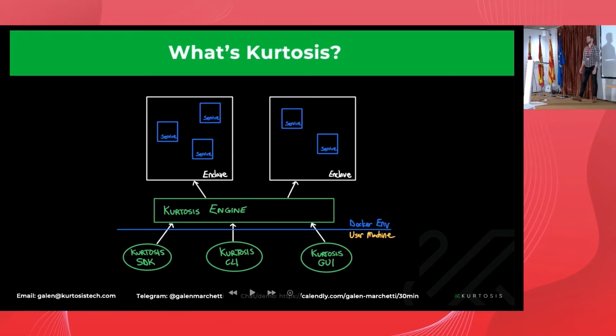But also some more complex features that you're only able to do when you have this notion of an enclave, such as simulate network repartitioning between these services inside of an enclave, which we've seen in the Ethereum use case, where they wanted to be able to simulate a fork in the network when the Ethereum merge happens. So then we've built two interfaces on top of using the SDK. So we have the CLI, the Kurtosis CLI, and the Kurtosis GUI, which are the more user-friendly ways of using